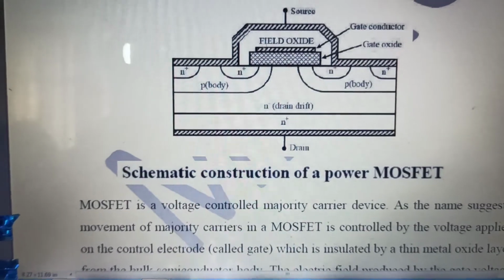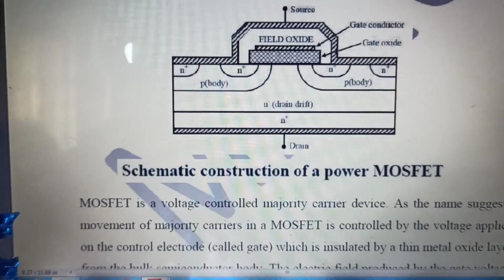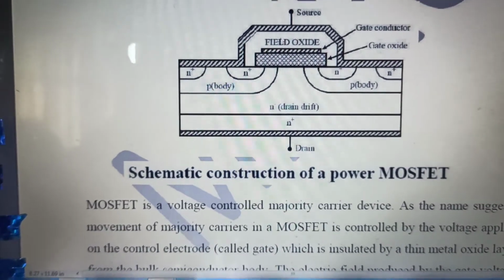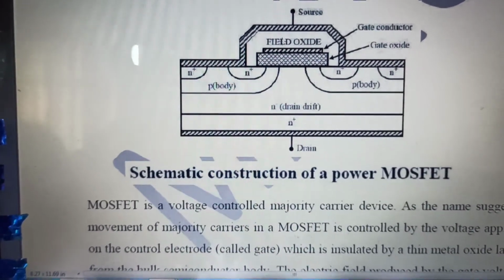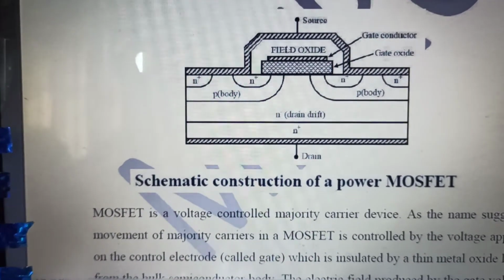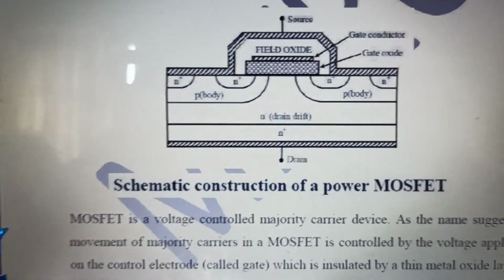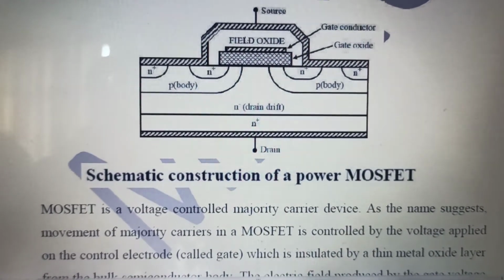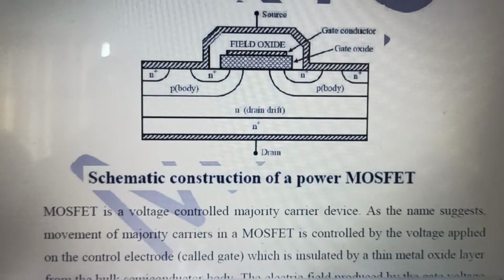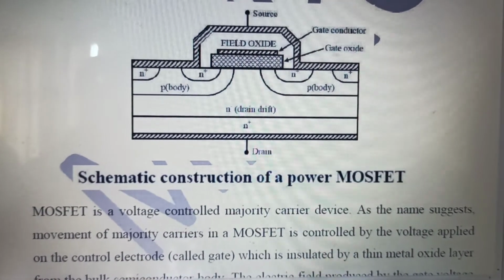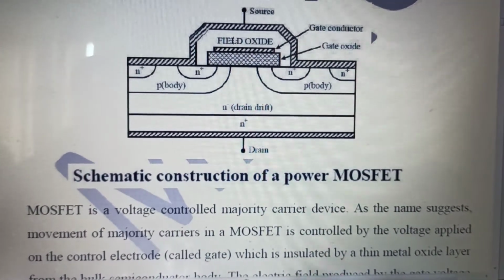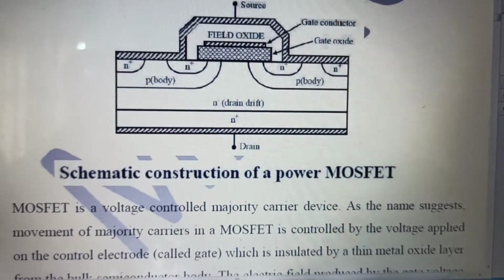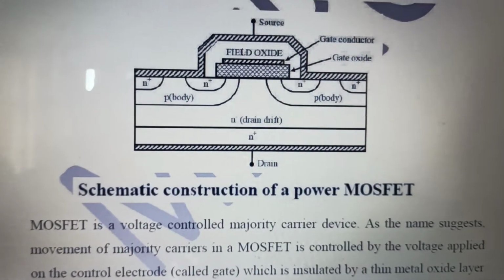So these are two conductors, and in between these two conductors an oxide layer is present. So this forms a dielectric. Is it clear? Between two metals there is a dielectric, so a capacitor is formed. A capacitance comes into the picture between the source and the gate conductor: the GS capacitance.